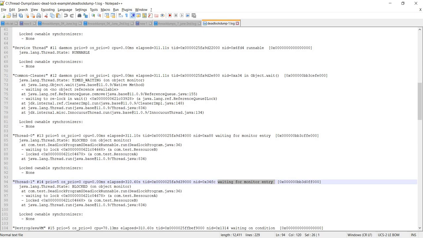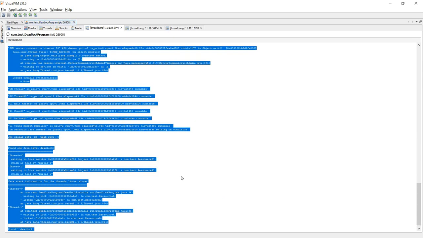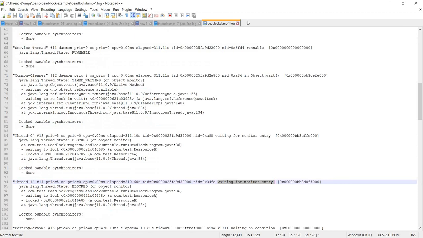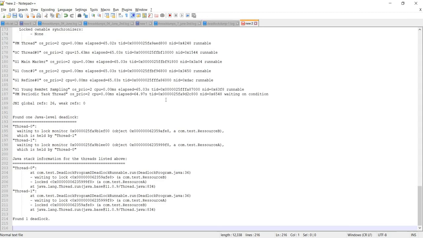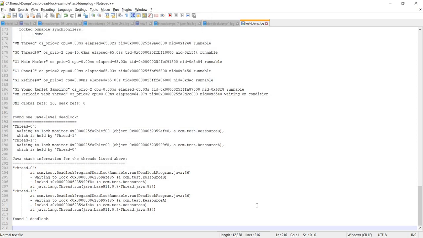So now I hope you can see the screen correctly, or else I can copy this whole thing into my Notepad++ here, and let me save it. So I can also, let's say, name it test thread dump, tdump.log. So yeah, now I will use